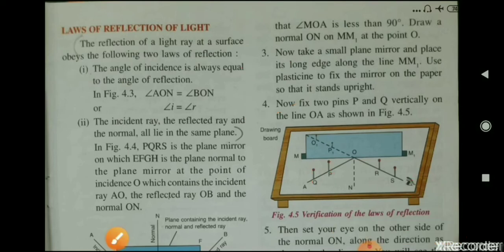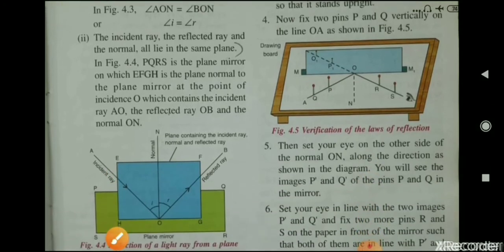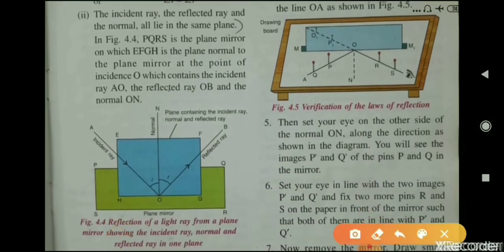You have to set your eye on the other side of the normal. This is the normal. We are supposing that this is an incident ray. Okay, now you have to fix your eye here. Now from here you have to see the image of this